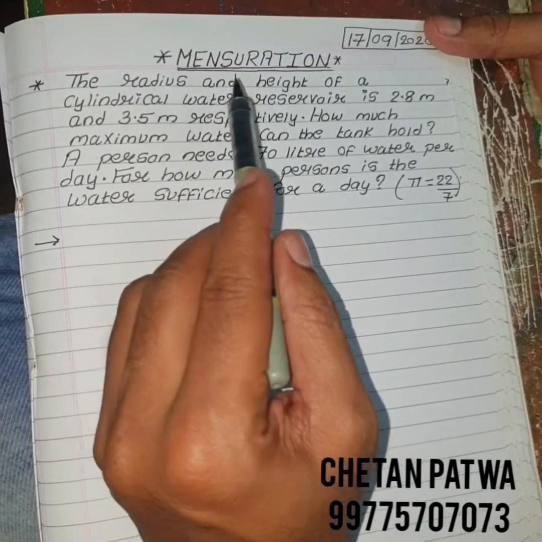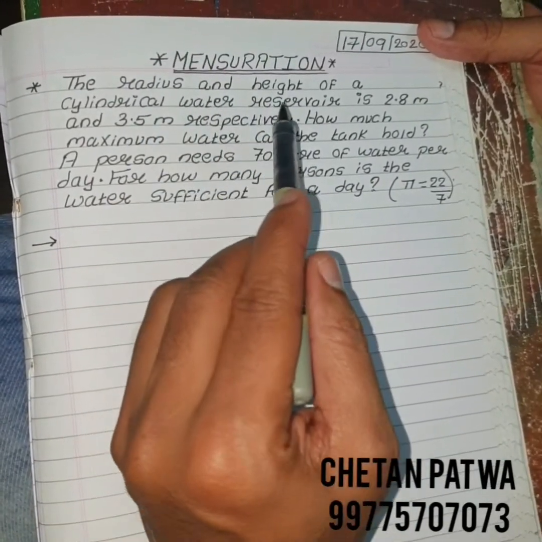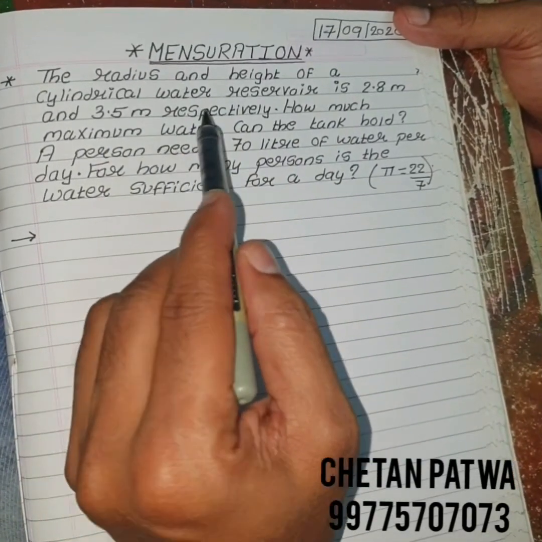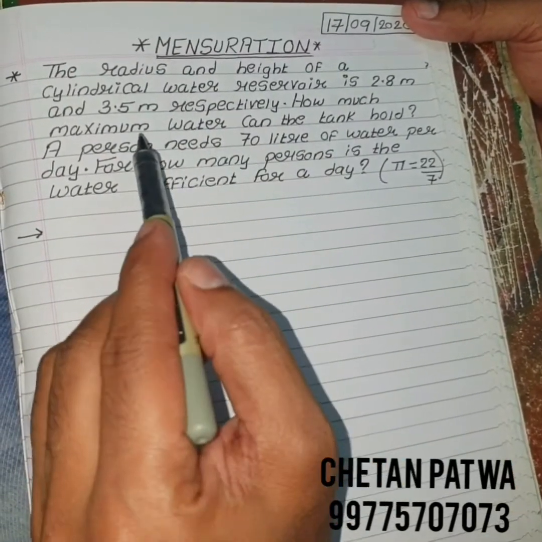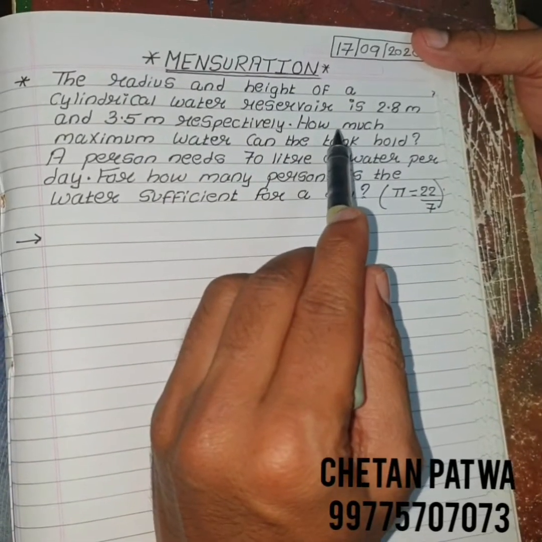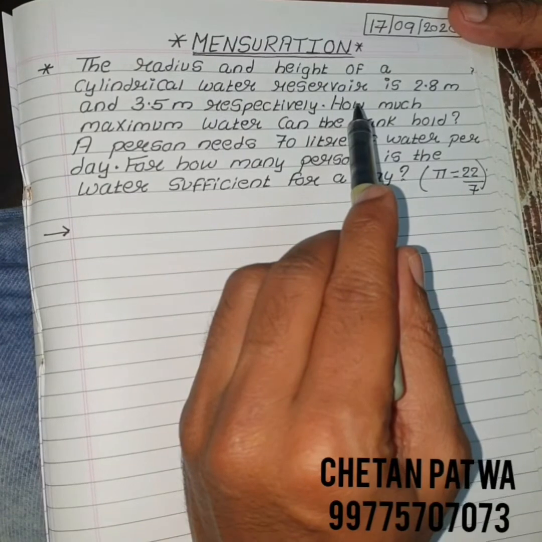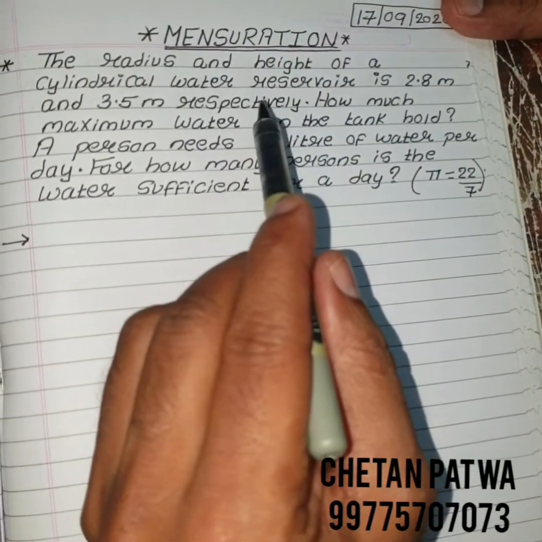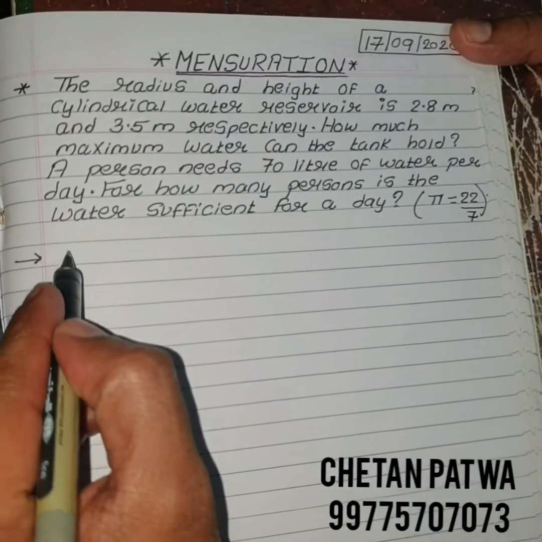The radius and height of a cylindrical water reservoir is 2.8 meter and 3.5 meter respectively. How much maximum water can the tank hold? It means we have to find out the capacity of the tank, that is we will find out the volume. So in this sum we are talking about the figure cylinder. So given,